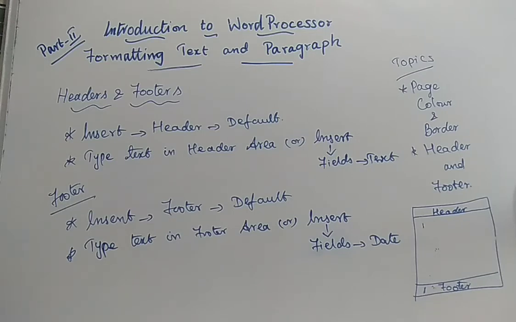Otherwise what do you have to do? Yes, you have to click Insert from the menu bar, that is your main menu, then select Fields, and then click Date. Okay? So automatically the date will be displayed on the footer where you have your insertion pointer. If you place your insertion pointer on this side, the date will be displayed on this side for you. So, clear with the procedure how to insert header and footer?